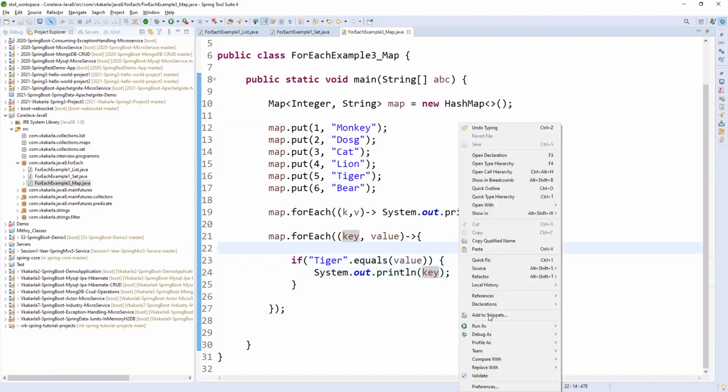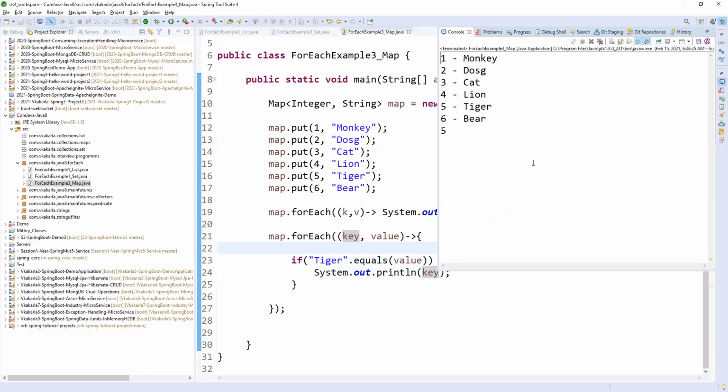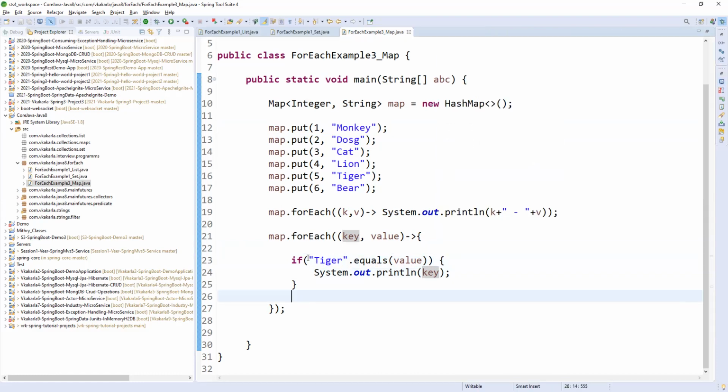So you can print, yeah, fine. So here, print key based on value, that is tiger.